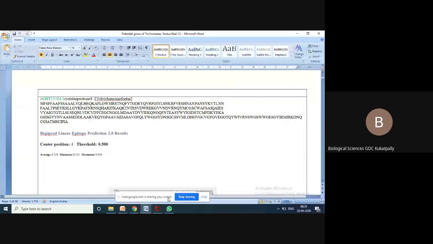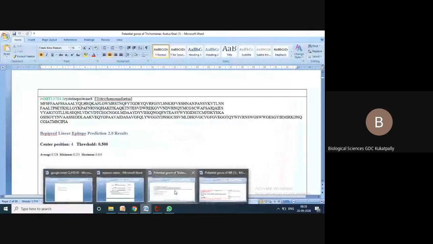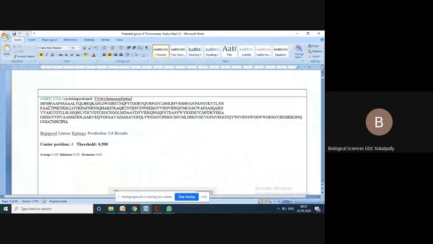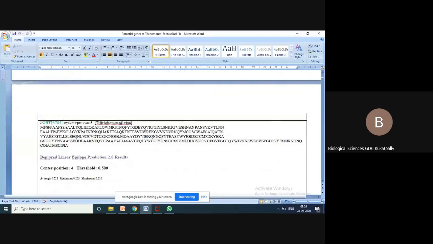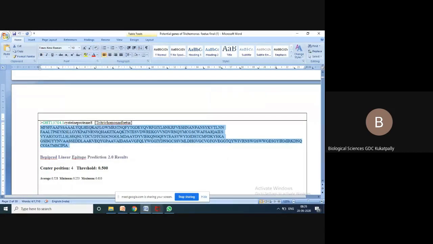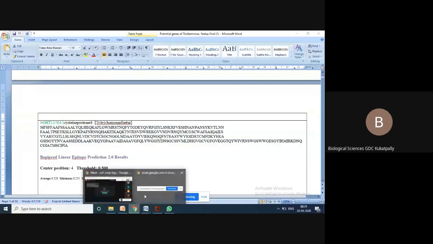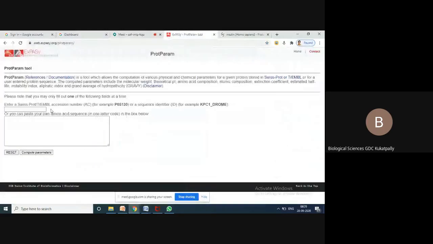So now what I will do is, for second years, I will give you amino acid sequences with the ID. So now you don't worry about the gene sequence. This we will do later. Now I will give amino acid sequences. Suppose this is the amino acid sequence of a protein called cysteine protease 8. What you have to do is, I just showed you a server called ExPASy ProtParam, right?